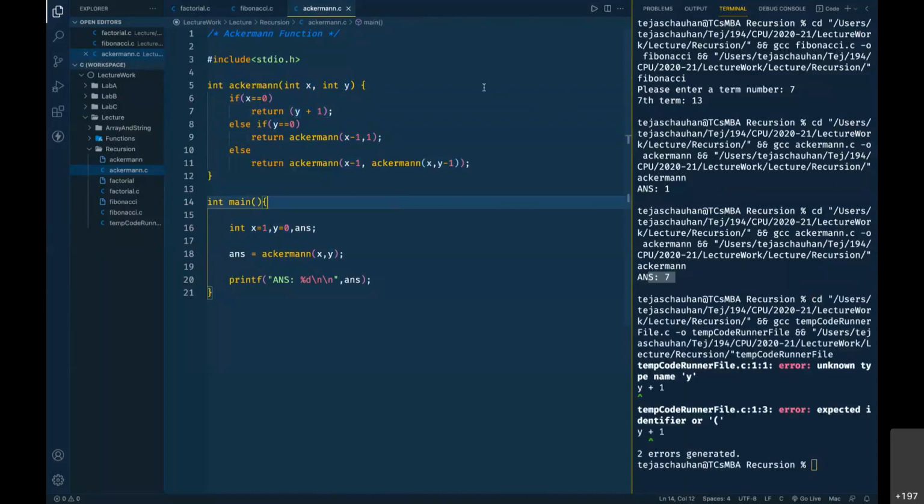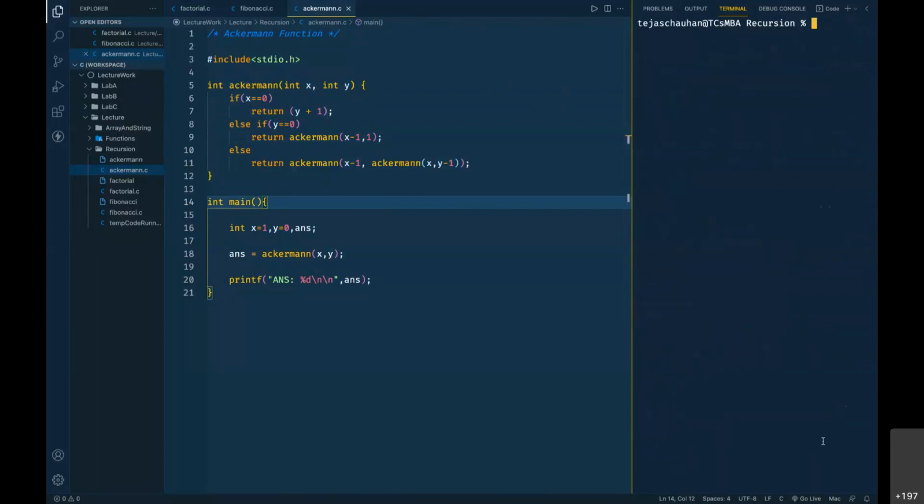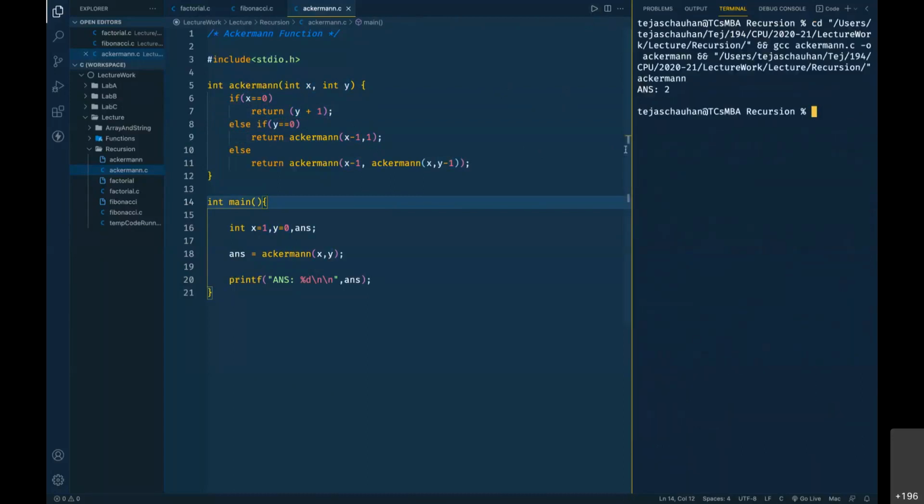Let me save, clear, and then run. So answer we have 2, because it has gone for recursion one time. यहाँ से उसने 0 1 करके कॉल किया and the answer becomes 2, right?